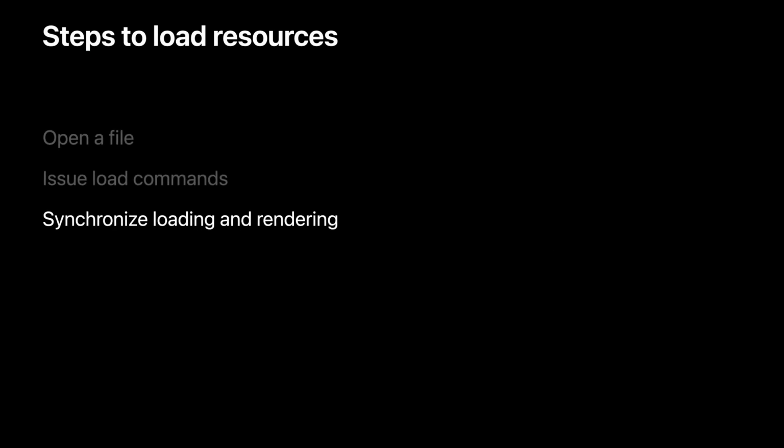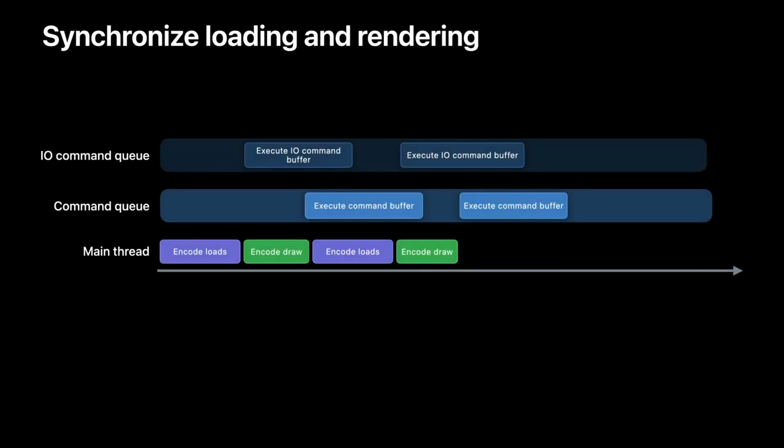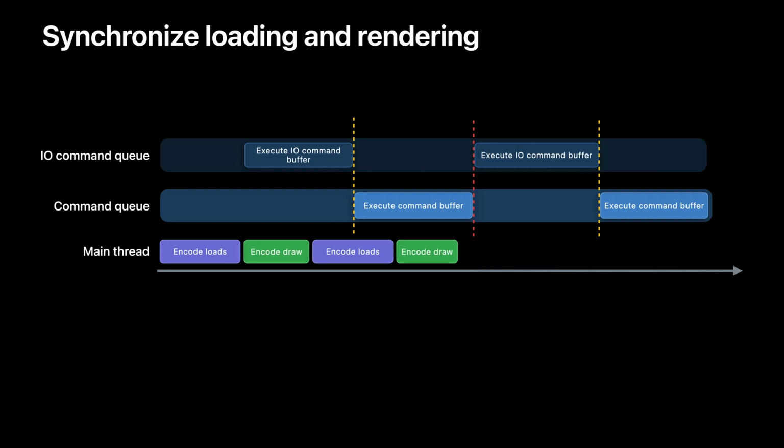Now that I've covered how to create IO command queues, command buffers, issue load commands, and submit them to the queue, I want to show you how you can synchronize loading work with other GPU work. An app typically kicks off its rendering work after it finishes loading resources for that rendering. But an app that uses fast resource loading needs a way to synchronize the IO command queue with the render command queue. You can synchronize these queues with a Metal shared event. Metal shared events let you synchronize the command buffers from your IO queue with the command buffers from your rendering queue.